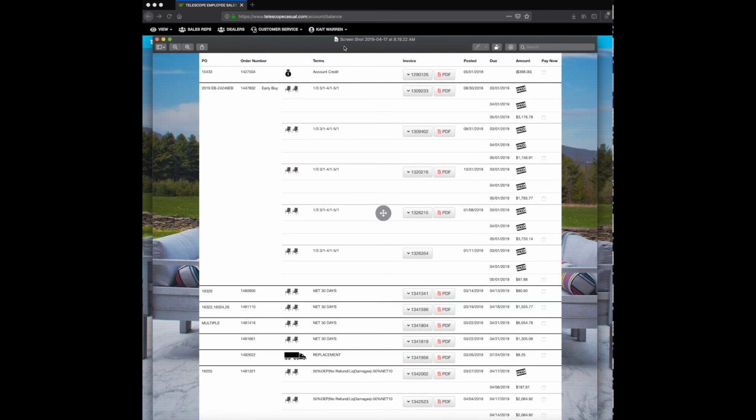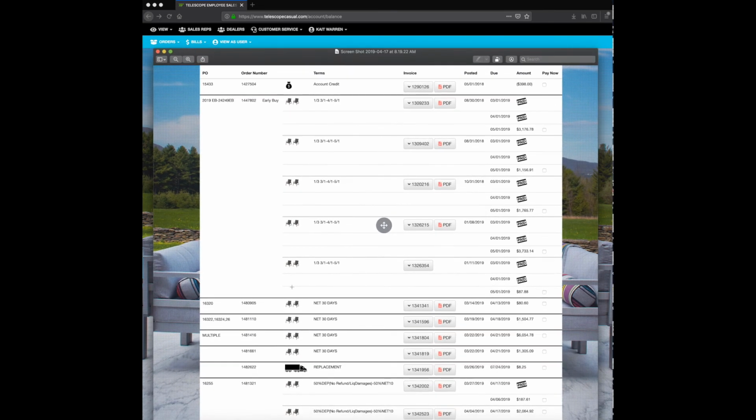So this is a screenshot of another retailer, and this is basically what your statement is going to look like when it's emailed to you starting in May. So we've completely revised our statement process, and I'll give you a little bit of an idea of how this is going to look now. We're using these icons right here just for clarity purposes, to make things a lot easier to read. And we have organized all of the orders by order number, and we've listed your PO number just so it's easy for you and your accounting department to link everything back and forth. But for this early buy, for instance,